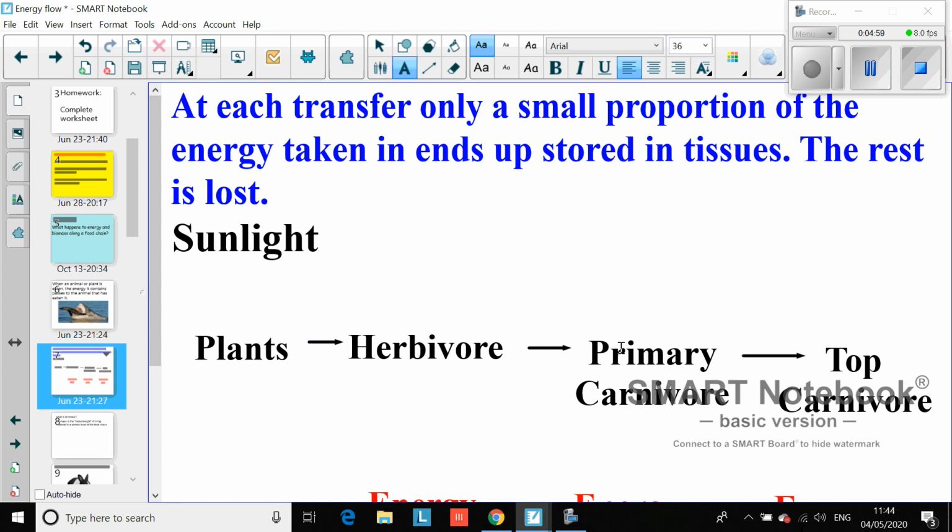So each level, the mass is getting less and less. Remember, we're talking about the biomass, the mass of the living material. Plants are alive, rabbits are alive, stoats are alive. Okay, they all have mass. And then finally, a top predator like a fox, for example, which eats the stoats, there might only be 2 or 3 of them. Now, they weigh more than the stoats, but because there's less of them, if we had, say, 3 of them, we weigh them all together, they might only have a biomass of,